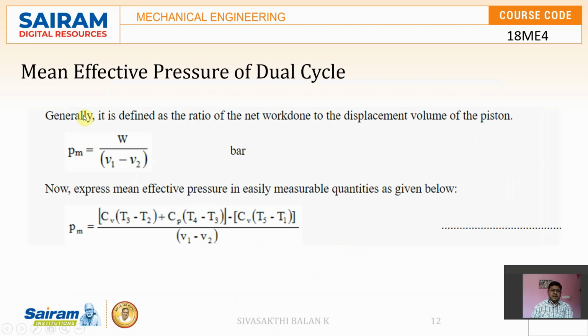And in the same way we can also calculate the mean effective pressure of the dual cycle. In general, we know that the mean effective pressure of any thermodynamic cycle is the ratio between the net work done and the swept volume. Net work done is nothing but heat addition minus heat rejection, that is the heat addition and heat rejection terms, divided by the V1 term. If you substitute these, we can easily calculate, and we know how to calculate all these values, and all these terms T3, T4, T2 come in terms of the single term T1.